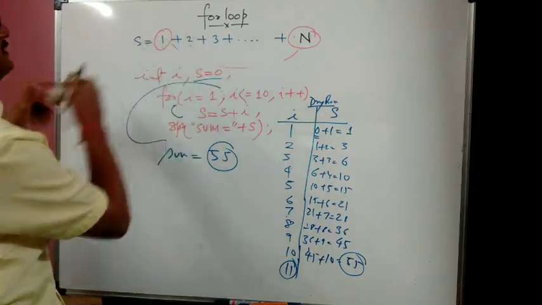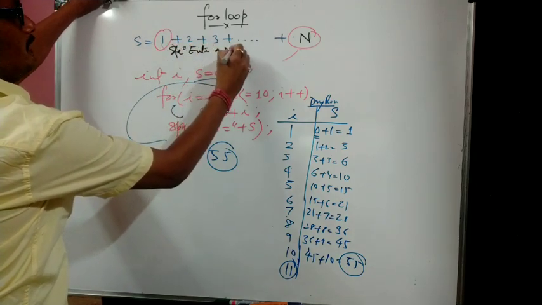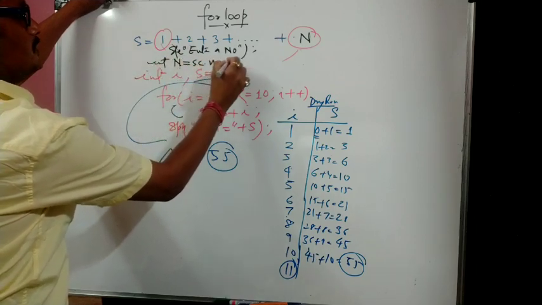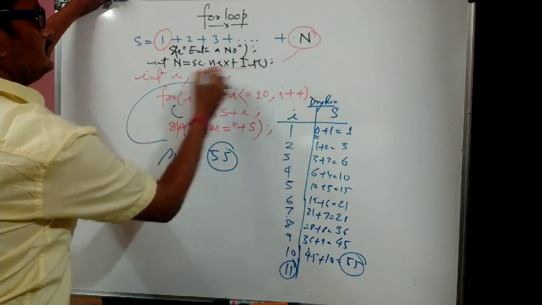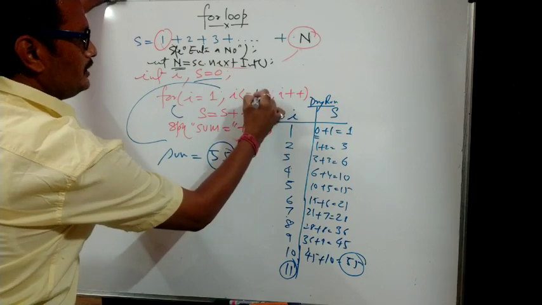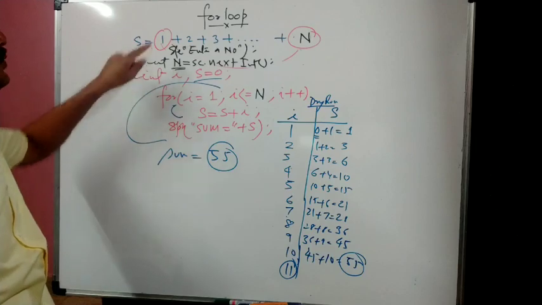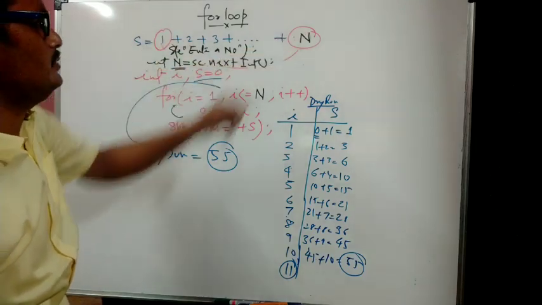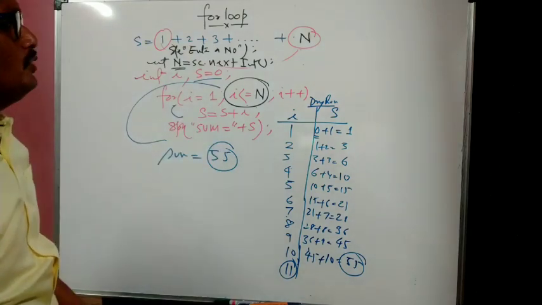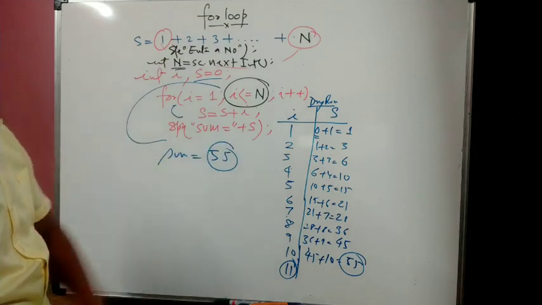Use a scanner class. So this is a number. Here, enter a number, like that. Integer n is equal to sc dot nextInt. So here we will get the number, and here what you have to write? i less than or equal to, instead of 10 you have to write n, because the last value is n. The starting value is 1, increment is 1, and the last value is n. The rest will be the same. Whatever the value of n, it will execute up to that, and it will print the sum of the series.